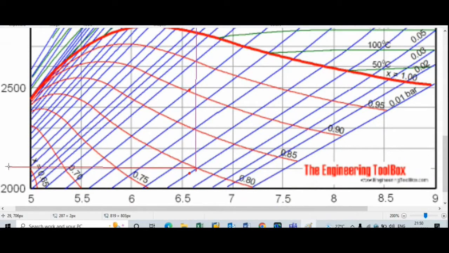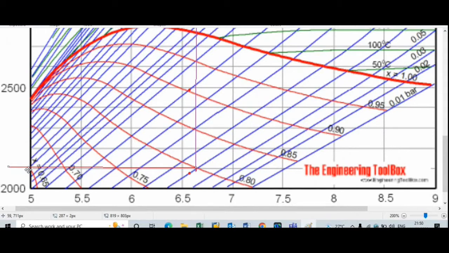So how to find out the enthalpy? If we measure this scale, here is the one part, second part, third part, fourth part and fifth part. So total 5 parts are there in between 2000 and 2500. So we will measure this, that is H2 dash. So enthalpy at this point 2 dash is known as H2 dash and it is equal to